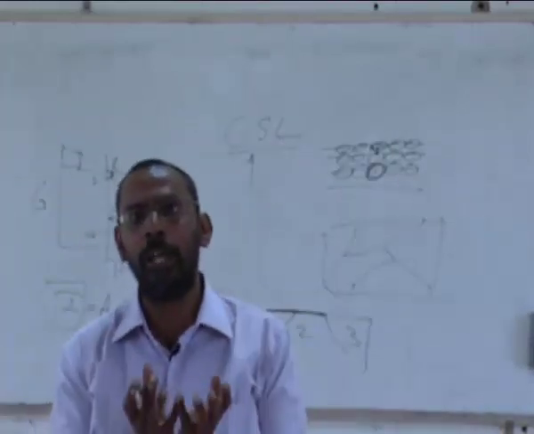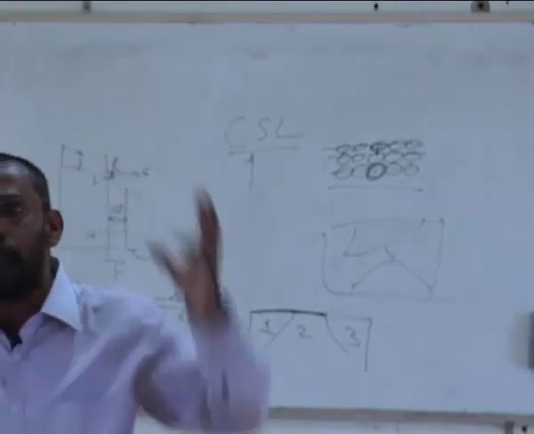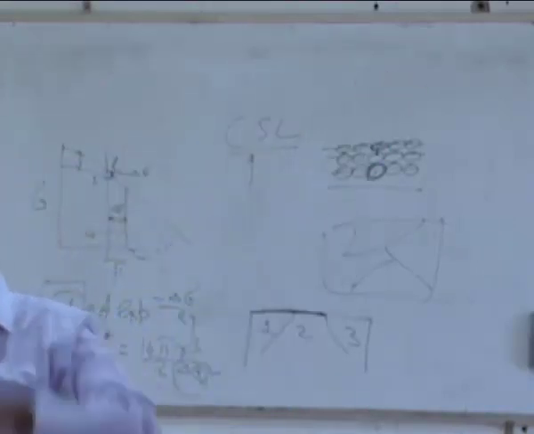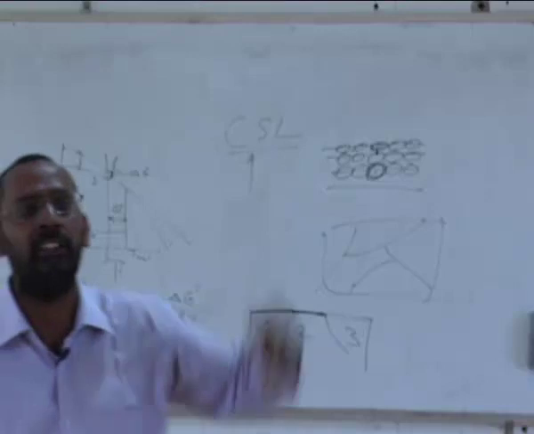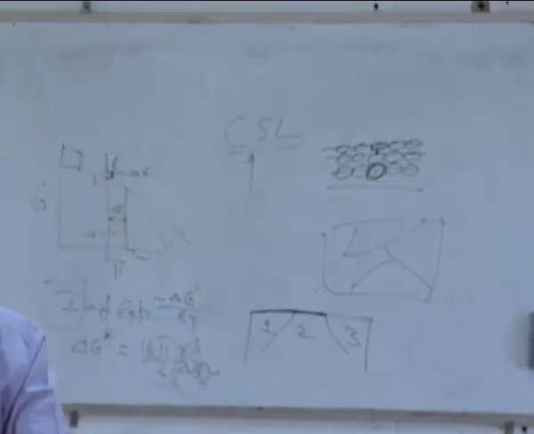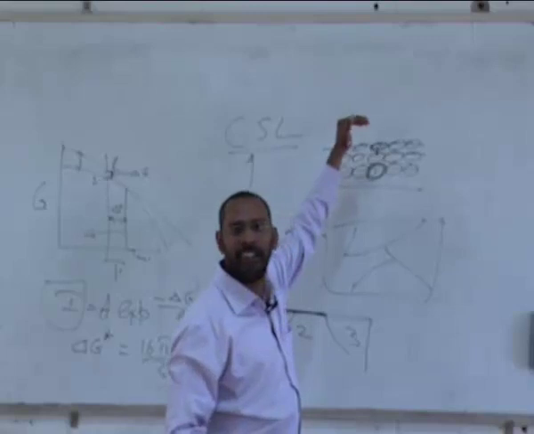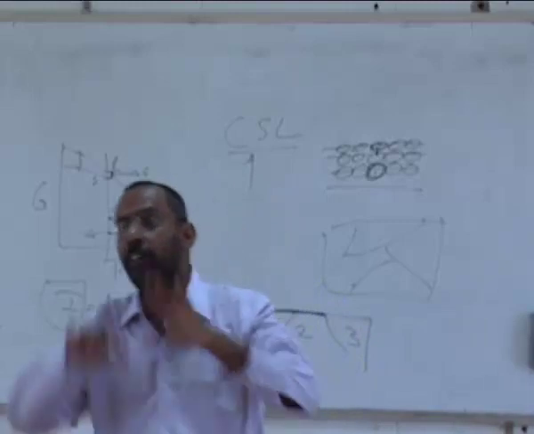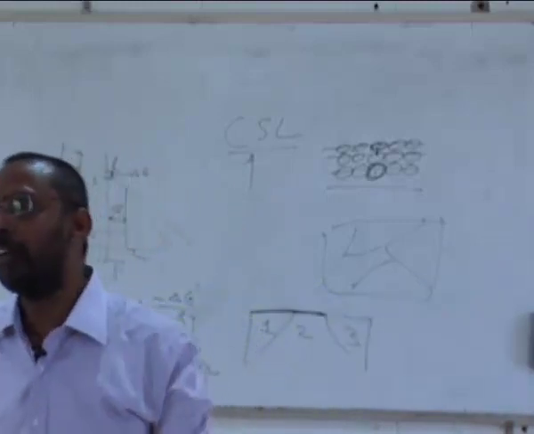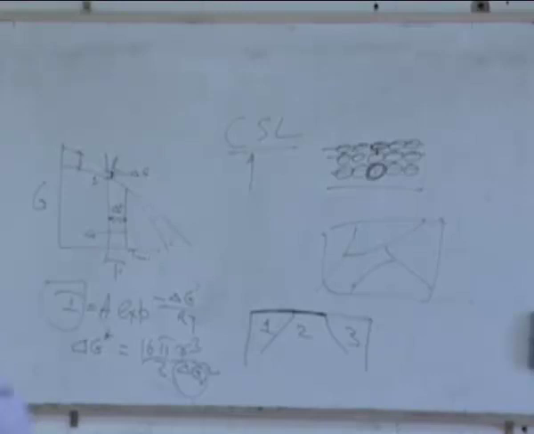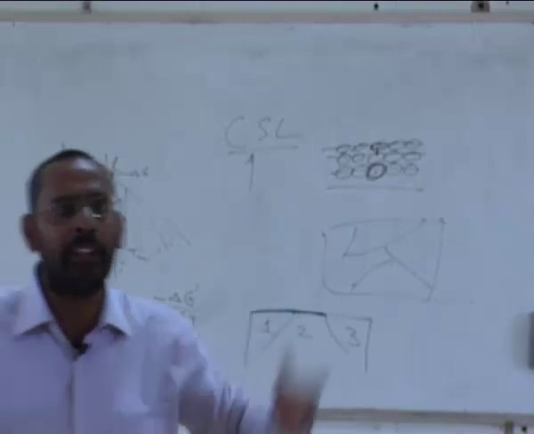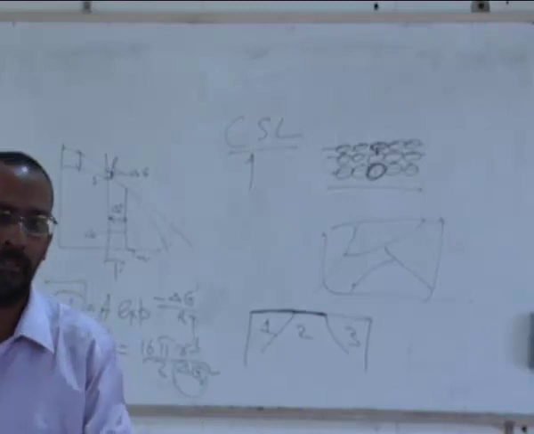Whenever an atom is bonded with all 12 neighbors, it is in a low energy state. If it does not have some atoms with which it can bond, it is in a high energy state. We call it an excited state. So all the atoms on the surface have certain energy, and this energy will differ from plane to plane, depending on the coordination number of that unit cell and the packing density of that plane. If a plane has more packing density, there are more broken bonds per unit area.